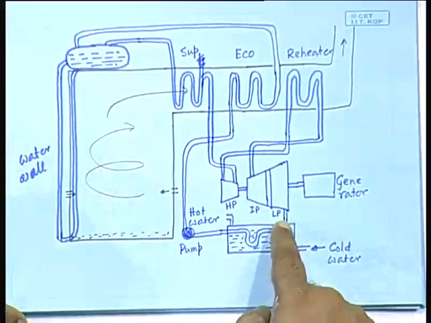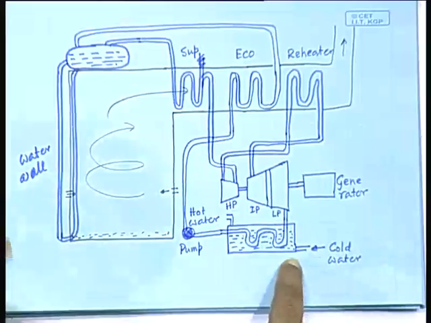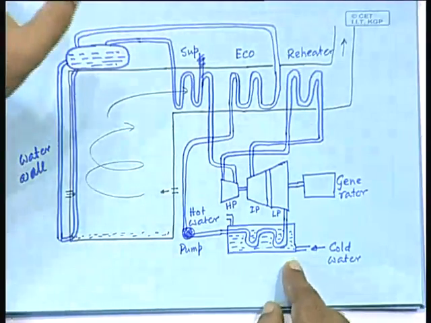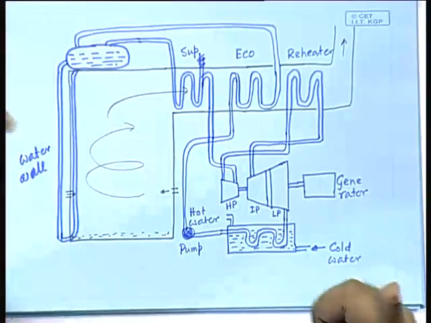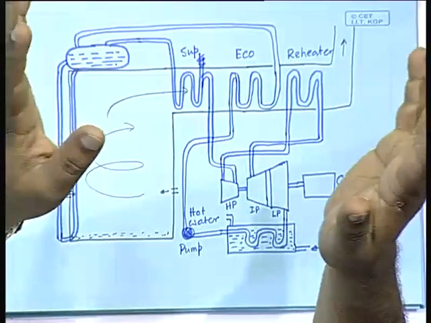What produces the vacuum here? The condensation of the steam into water. And the colder the temperature, the better the whole thing is. That obviously also follows from the thermodynamic consideration, 1 minus T2 by T1, where T2 is this temperature. So, the lower it is, the better. Is there any other place where you can improve?